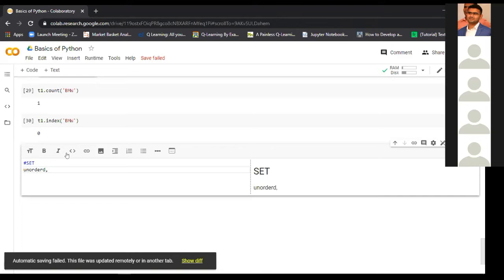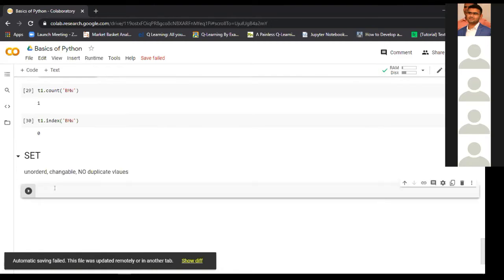Another property is that it is changeable, so we can change the elements in the set, unlike the tuple. Like the list, we can change the elements, but the only difference is that we do not allow duplicate values in the set. We saw that we had two black values in the list. List and tuple allow duplicate values, but set does not.